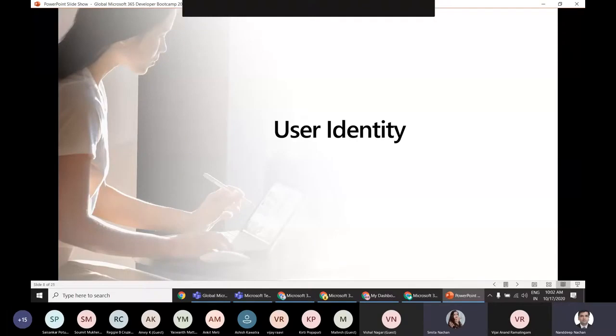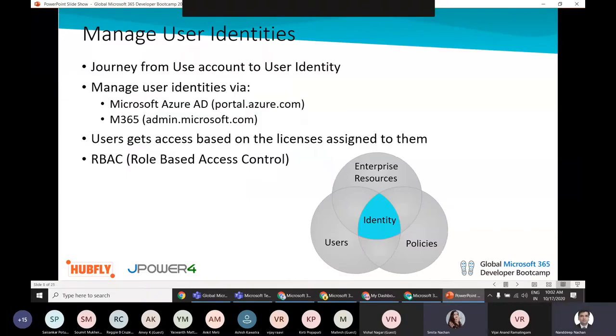So now let's see how we can manage user identities. Everything in Office 365 starts with user identity. Microsoft is promoting the term identity. In the past, we dealt with the term user account. The term user identity fits well with modern web standards, and when we moved to cloud for managing the accounts, Microsoft redesigned their directory services based on web standards. For example, Microsoft Azure Active Directory.